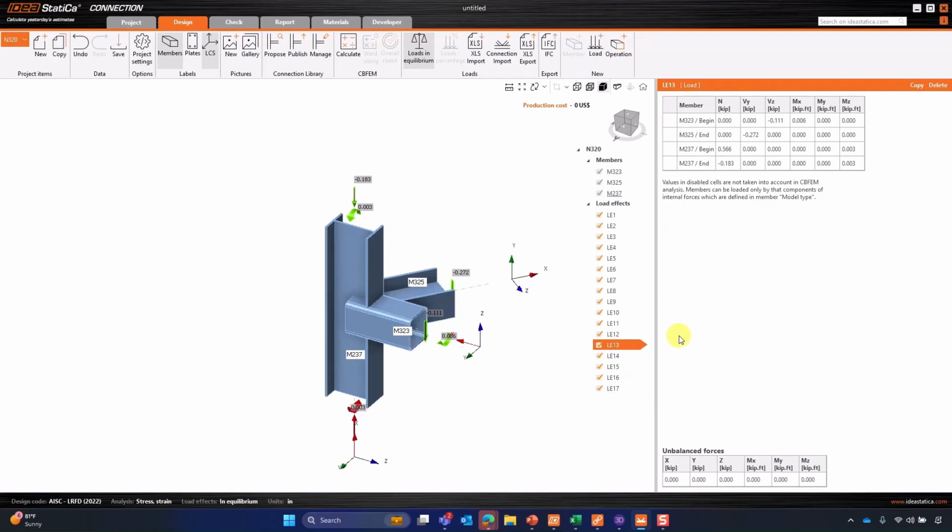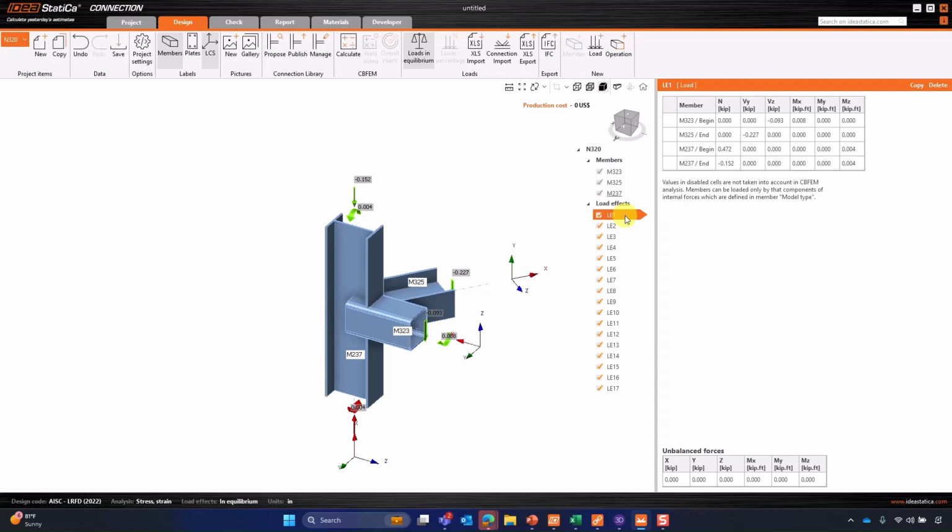Now, one way to verify that the import of these loads is correct and that the RISA IDEA load import tool works is to look at our unbalanced forces. If we look at all the unbalanced forces for every single load effect, you will be able to see that all the different values are either 0 or very minimal values. The reason why we might see some minimal values might be because there are adjustments on members such as offsets, or maybe we have additional lateral forces such as earthquake loads. In this case, our loads seem to be balanced, and from here we can now begin modeling our connection